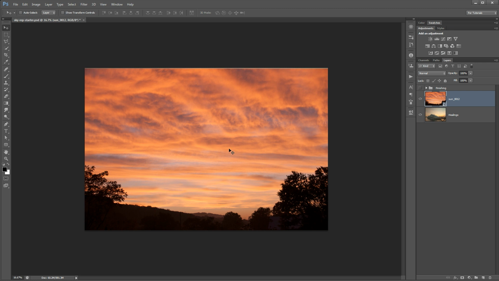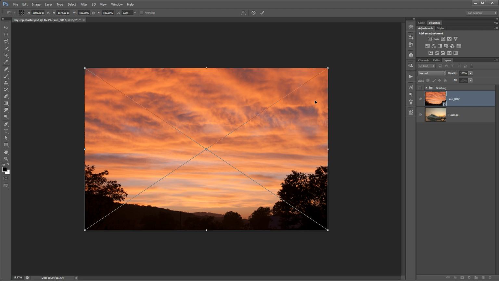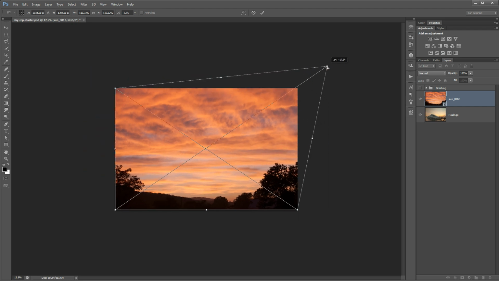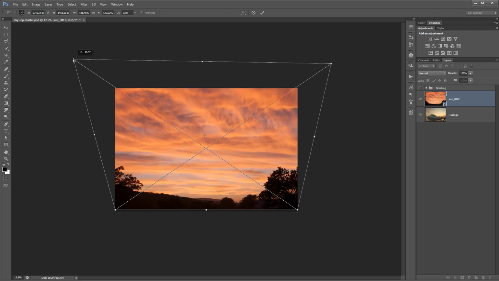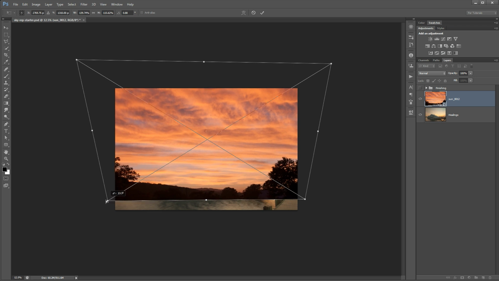So I'm going to just roughly align this, and then I'm going to go Edit, Transform, Distort. And I do this a lot with my skies. Like I said, I'm going to zoom out, and I'm going to begin by pulling these corners out. I don't really mind that I'm essentially sizing the image way up, mainly because you're going to see later on, a lot of times I end up